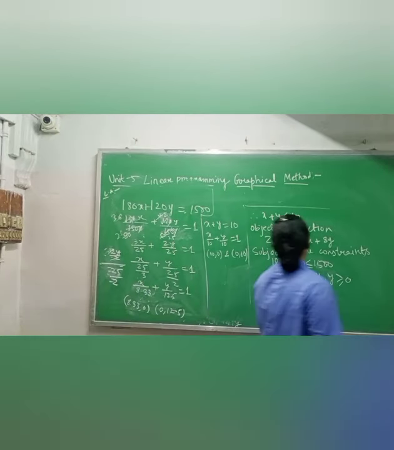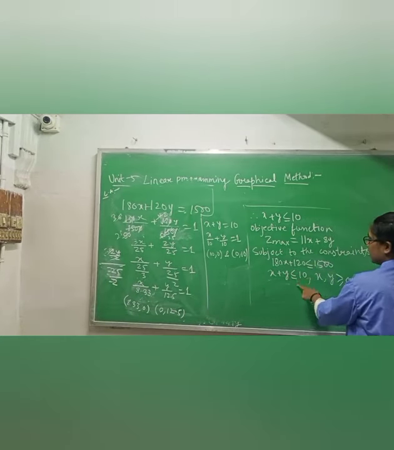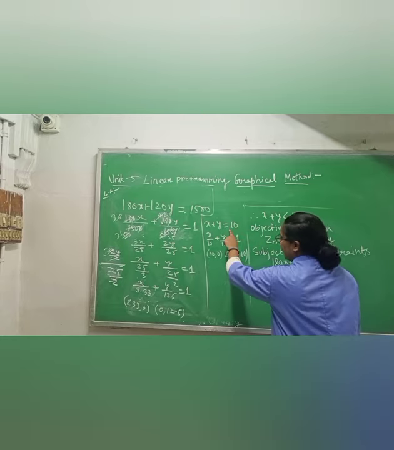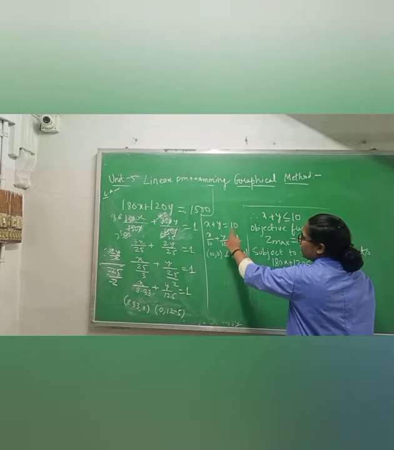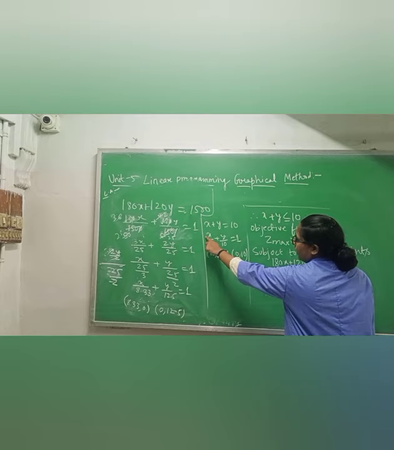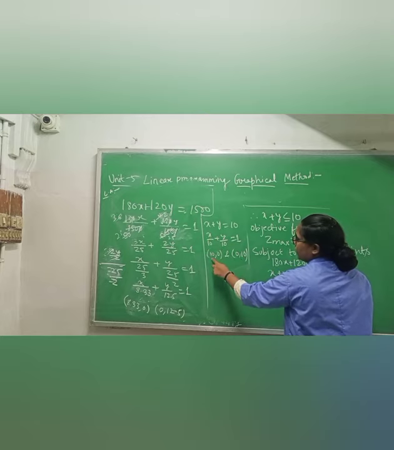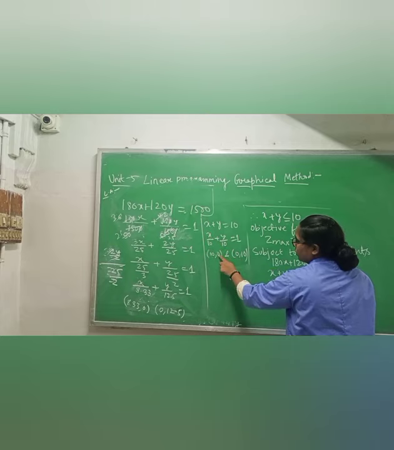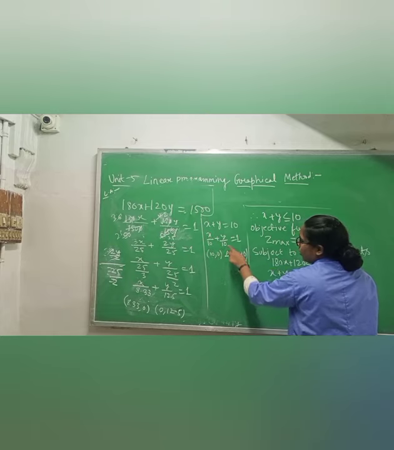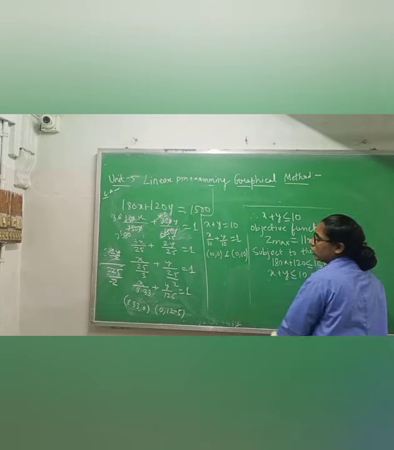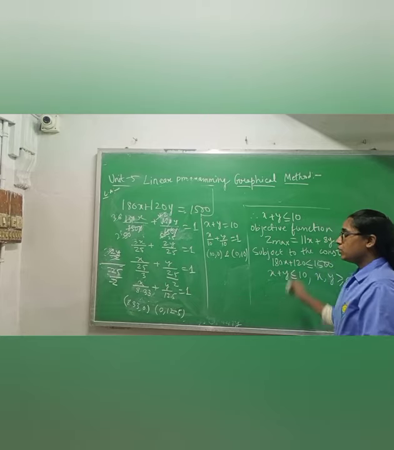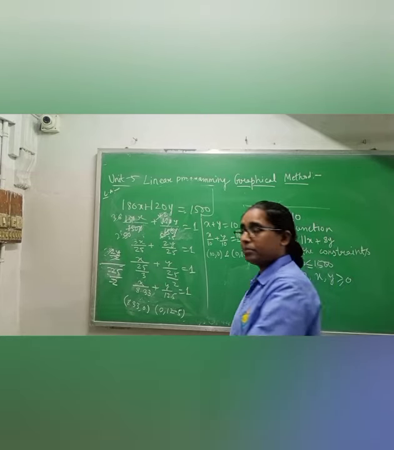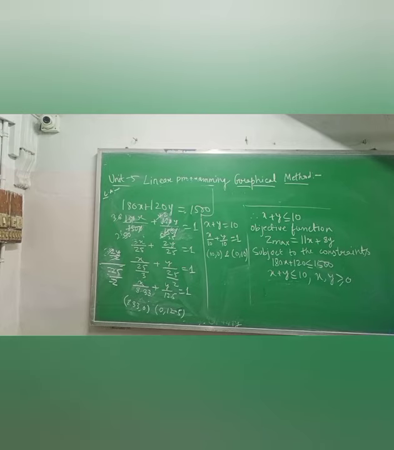Now I am taking the second equation, x plus y is less than or equal to 10, and converting it into a linear equation. This 10 is coming down. Here we have nothing with x and y, so it will be easier for us to find the values. x is 10 and y is 0, x is 0 and y is 10. So I got 4 points which we have to plot on a graph paper. Okay, complete up to here.